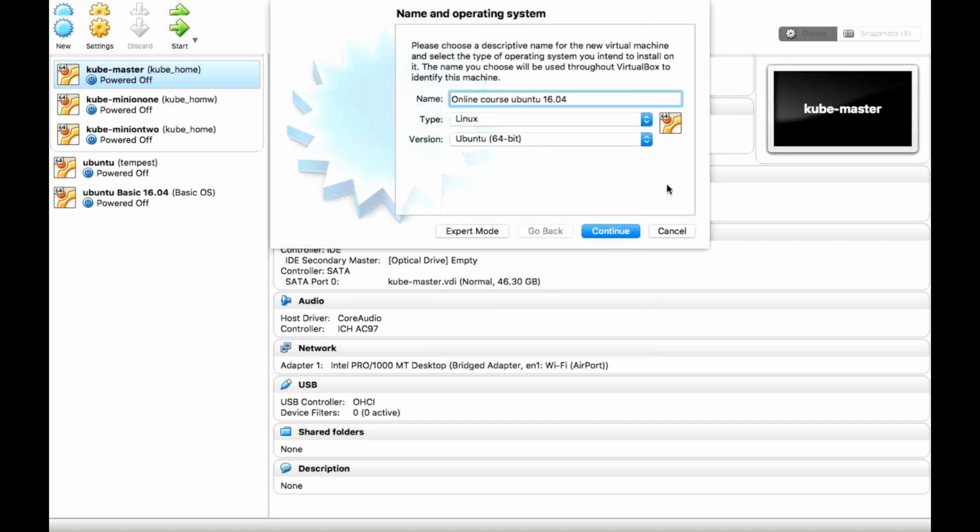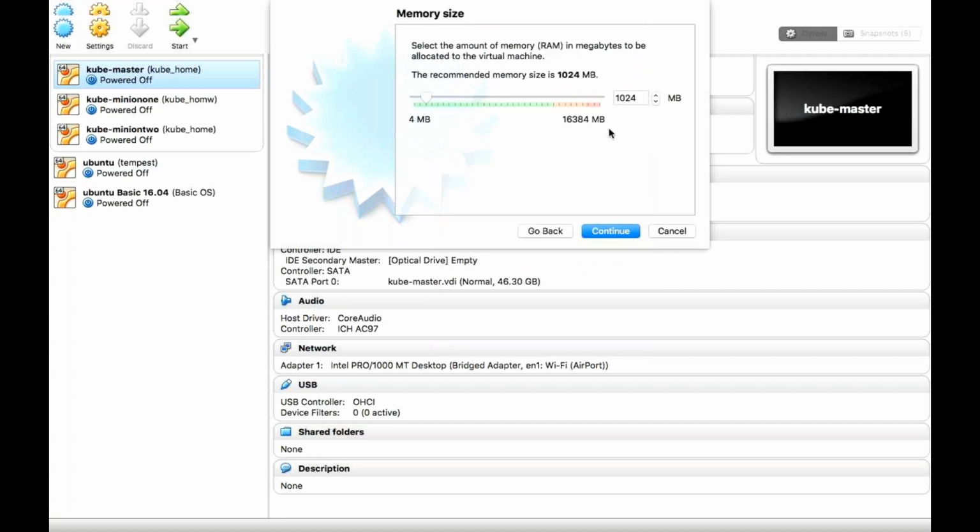Okay, and then continue. So here, totally my base machine has 16 GB of RAM. How much you want to allocate to your virtual machine? So this is the maximum zone we can allocate. If you move your scroll bar to here, it is like 12 GB which you can allocate max. This yellow is like danger zone. This is the red mark. Okay, so we should not go beyond this. And if you allocate 12 GB to this particular VM, you cannot create another VM. You cannot run a parallel VM when you allocate already to this.